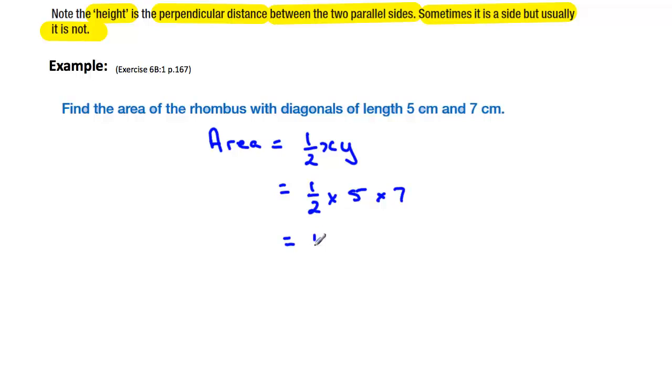So if you get your calculators out, you can see that this comes down to be 17.5 centimeters squared. Very easy calculation. Once you know the diagonals, it's a very straightforward calculation. Let's try a couple